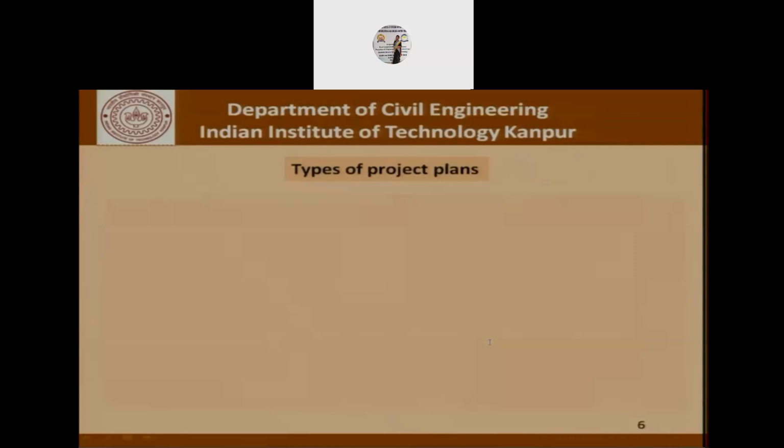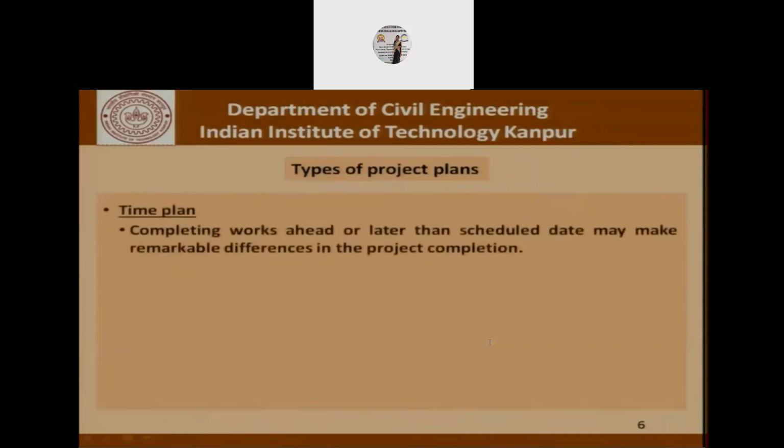So continuing with our discussion, as far as the project plans are concerned, time plans basically refer to completing the work ahead or later than scheduled dates may make remarkable